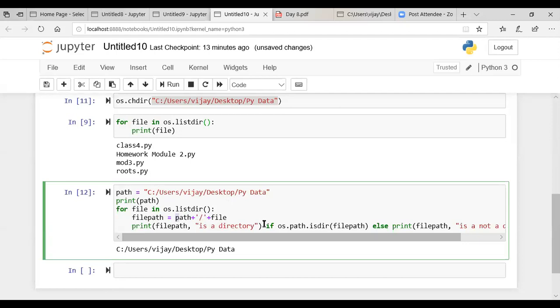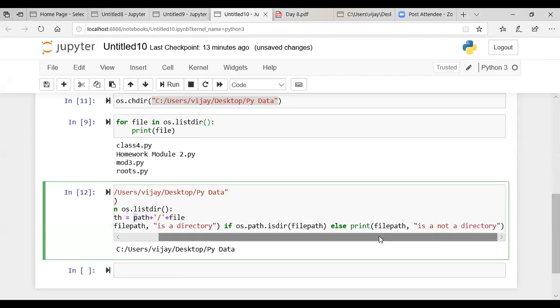Then we are using the ternary operator here, and we are saying if os.path.isdir(file path). So if it is a directory, it will display a message saying that the file path is a directory. If it's not a directory, it will go to the else part and print that the file path is not a directory.